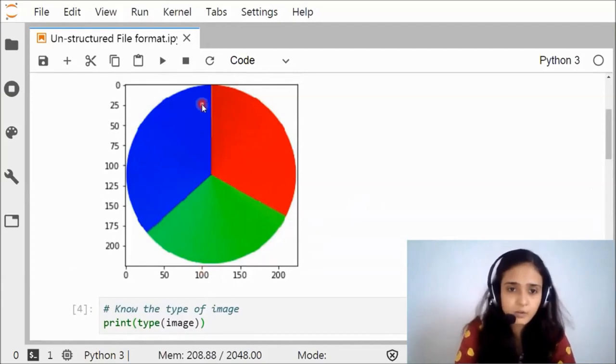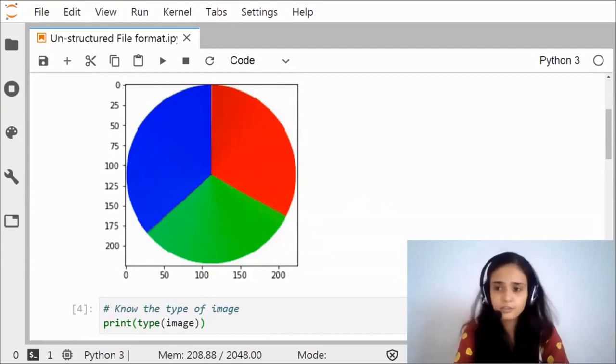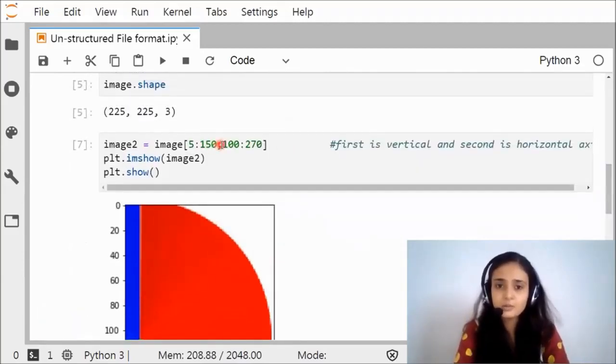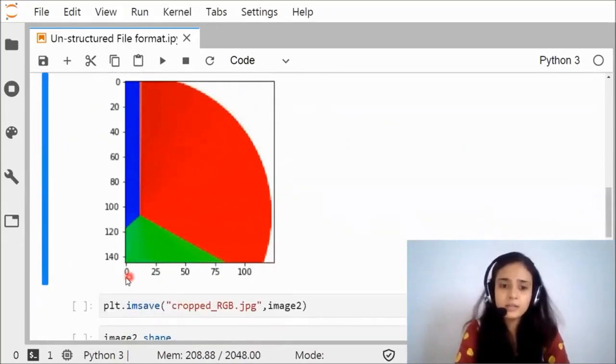So 100 is somewhere over here. It shows some blue line, and it ends at 270. So 270 will be somewhere over here. So this part will be cropped, that is some portion of the blue, the red, and some portion of the green. The total is 170 because 270 minus 100 is 170, but the tick will always start from 0. So it is showing me the 0 like this.